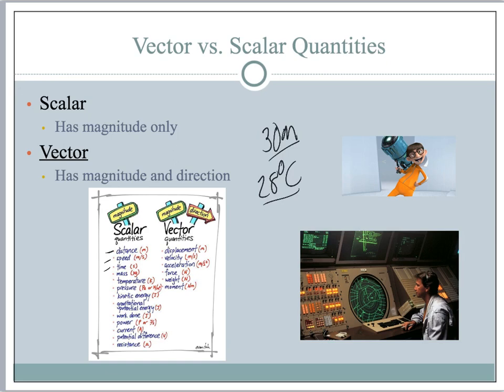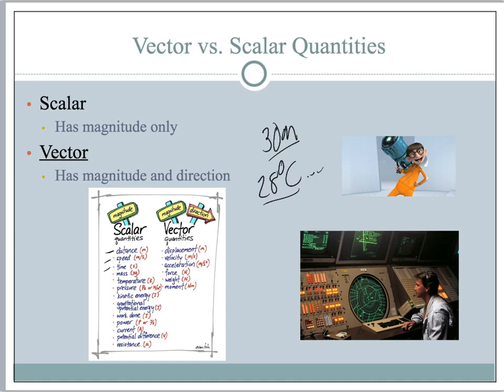There's no direction that would follow degrees Celsius. It wouldn't make any sense. If I said it's 28 degrees Celsius north, well, that makes no sense at all. If something has a mass of 5 kilograms, then you're just giving a magnitude of the mass. There is no direction that you would associate that mass with. So all of these quantities down here that you see are considered scalar quantities, quantities that are just magnitude only without any direction.